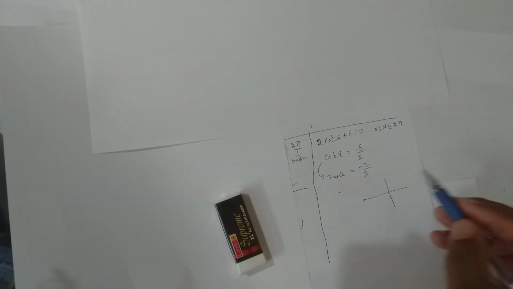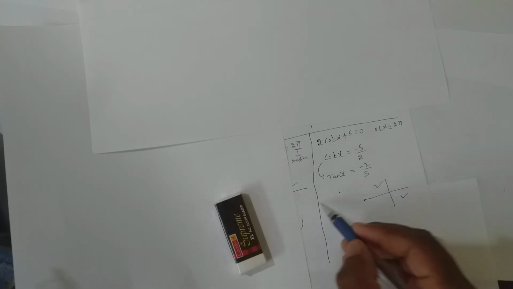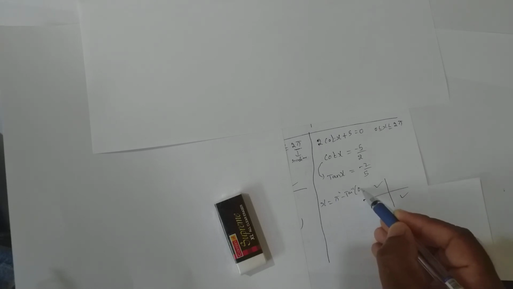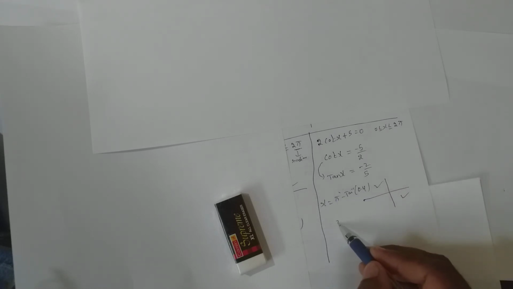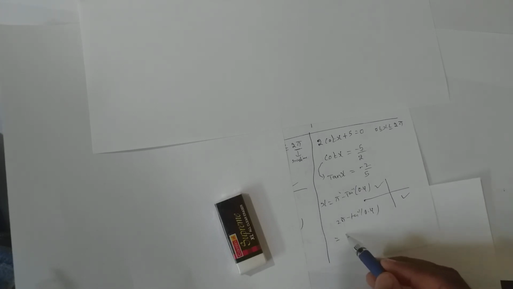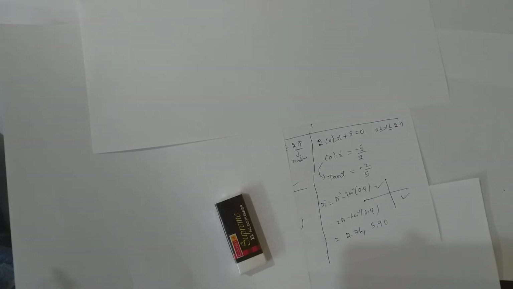So where is my tan negative? Tan is negative over here and here. So my x values are pi minus tan inverse 0.4 and the other one is 2 pi minus tan inverse 0.4. So the values that I get are 2.76 and the other one is 5.90. Am I clear so far? If cosecant, secant, cot x are there directly, you cannot get the x values. So I am changing them into sine, cos and tan, and then finding the x values using the AS level method.